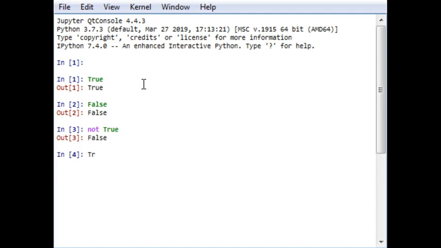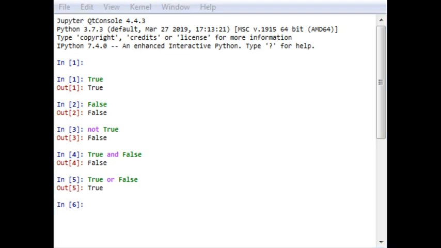And when I am using the and operator, it will give me an output of False. The same case occurs with True and False. If I use the OR operator, the same case will occur. True.